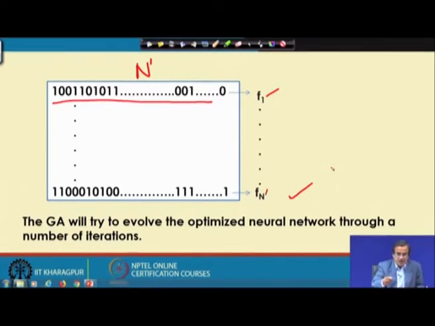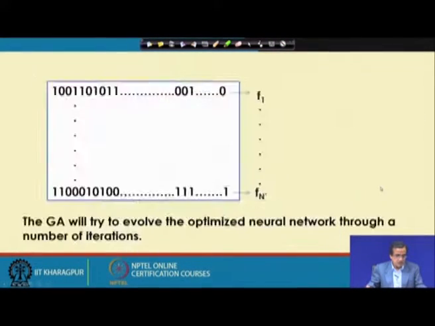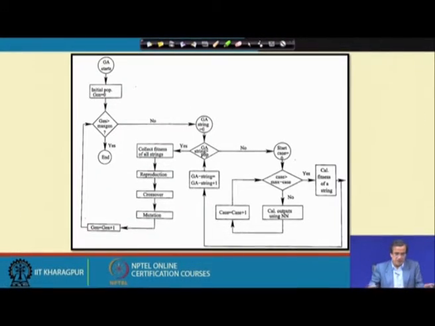Once you have got this fitness information, now we can go back to the flow chart. So, we are here. All the fitness information is known for this whole population.